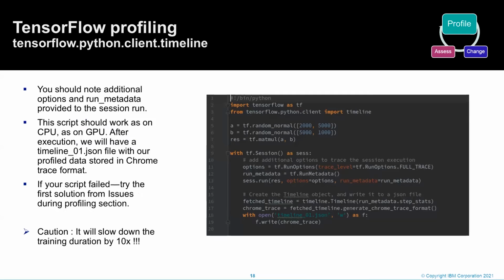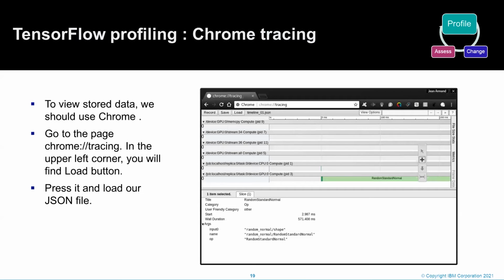So if you are using TensorFlow, there is a specific TensorFlow timelining option where you can show additional information about GPU and CPU usage and execution of your kernel. And what's nice is that it can produce a Chrome trace file that you can display in the Chrome browser, and you can navigate through the different devices that actually run and do the computation of your code, like GPUs and also the CPUs.